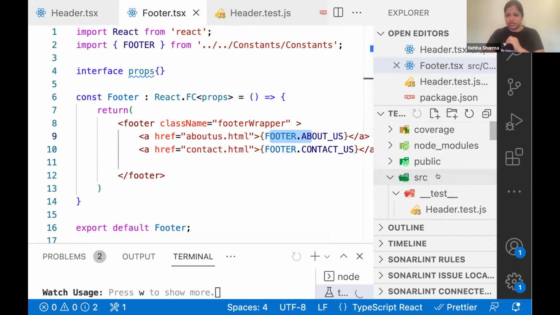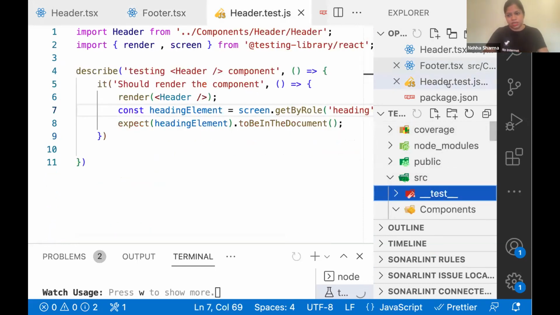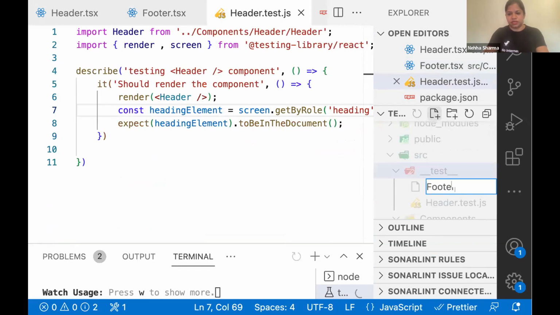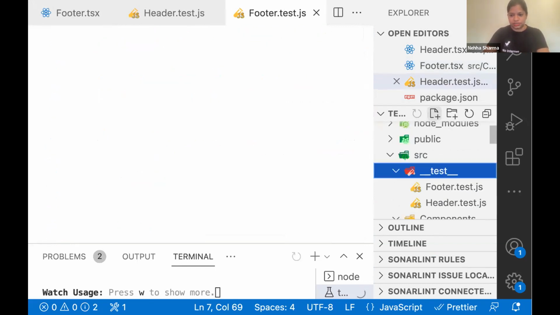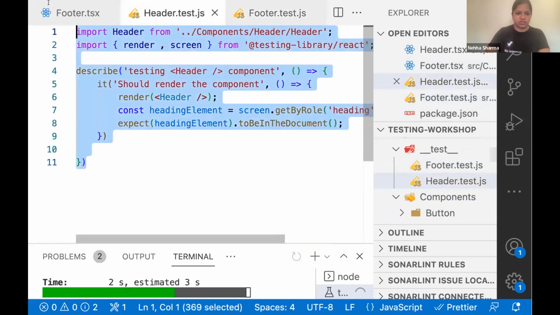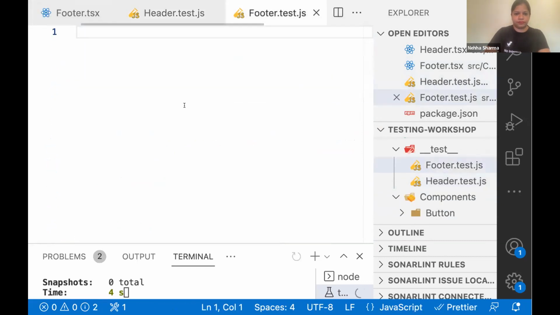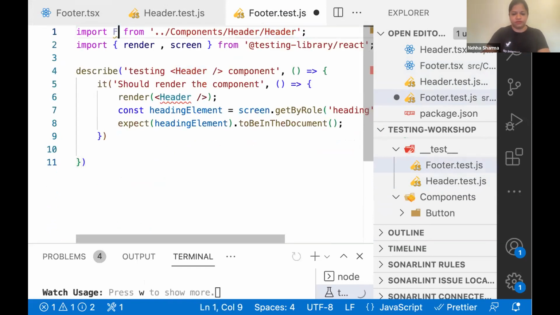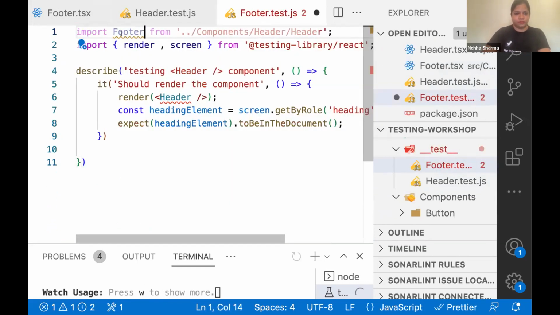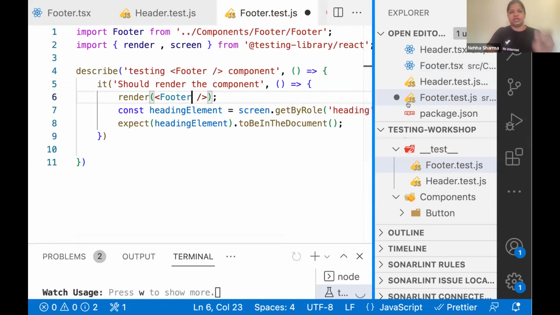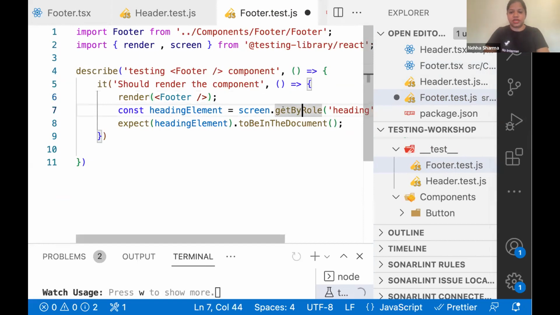Now I will do the repeat thing, and you will see that this is a repeating pattern you will be doing. So I will make footer test.js. I will just copy paste this from here and put it here for footer. Now, because I know that there is more than one link, I will use getAllBy